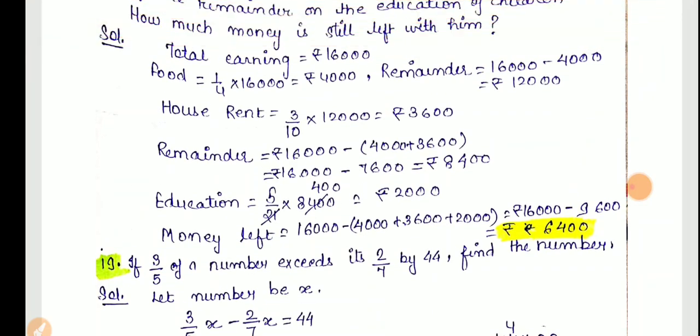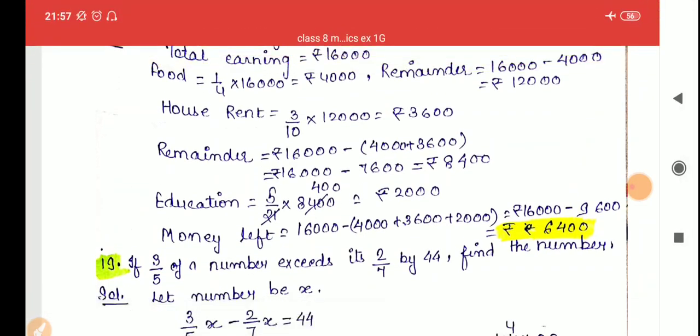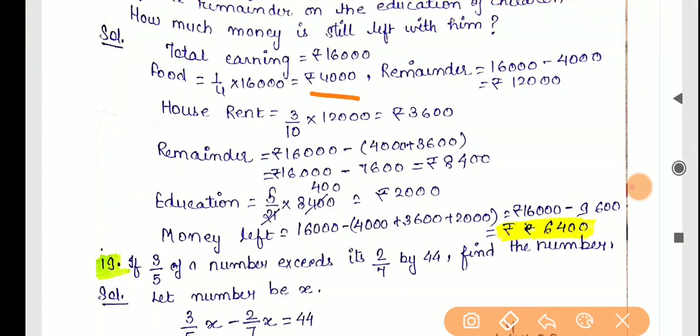See, 4,000 he has spent on food and 3,600 he has spent on house rent. So when we subtract these 4,000 and 3,600, then only we will get the remainder, like what is the remaining amount after spending on these two items? So the remainder will be 16,000 minus these two items. Clear? So 16,000 minus 7,600 is equal to rupees